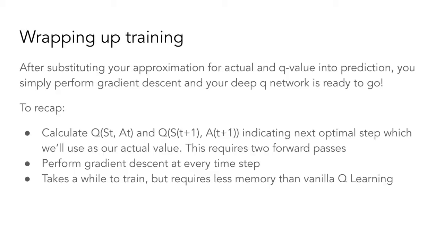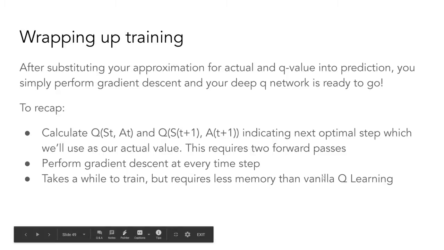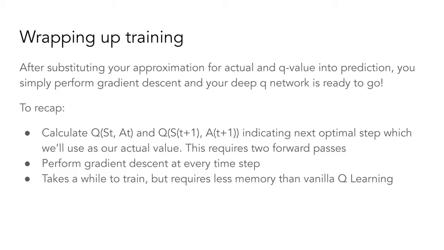Some notes on that. Once again, deep Q-learning takes a while to train. We have to do 2 forward passes because we first have to predict an actual reward, and then we have to predict the future reward, which implies 2 forward passes. We're doing gradient descent in between time steps, because each of these cumulative reward things is an actual time step. So doing gradient descent on that, with a discount rate, with a learning rate, is going to be very slow. But in general, it will require less memory than vanilla Q-learning, because as recalled before, how do you map an image onto a matrix? It doesn't really make logical sense.